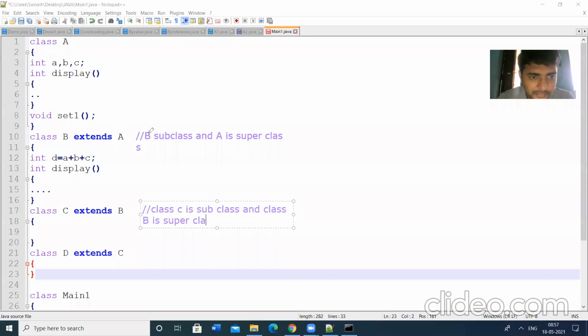In the previous step B is the subclass, and in the next step B becomes the superclass, that means the base class. This type of inheritance is called multi-level inheritance. That means B extends A, C extends B, D extends C.